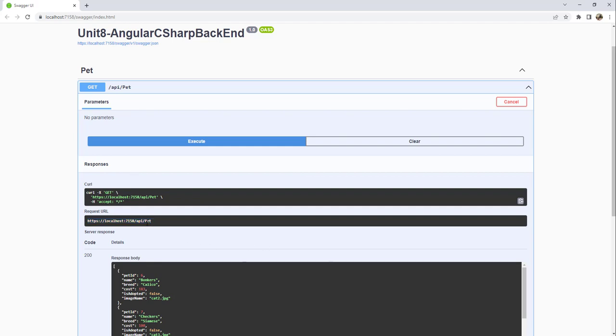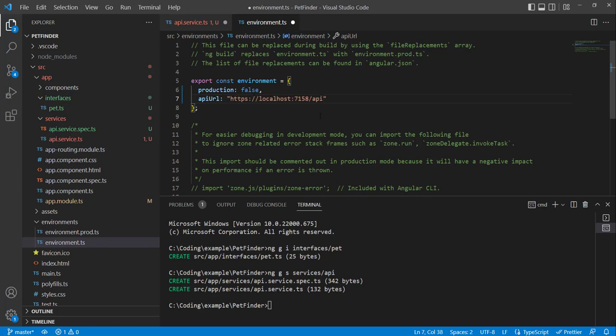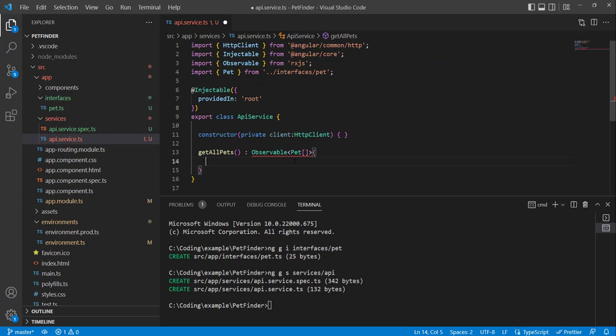So I'm going to go ahead and just take the first part because everything begins with this. Go back to Visual Studio Code, and then let's put this, so that my base URL is this, localhost:7158/api/. All right, and I'm going to save this and exit. The reason I did that is because I want to be able to just reuse that environment variable. So what I'm going to do now is I'm going to return